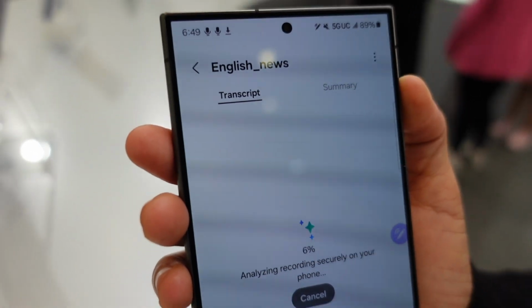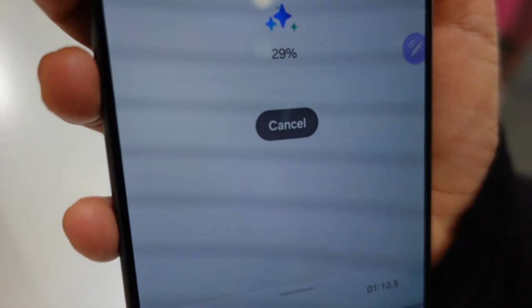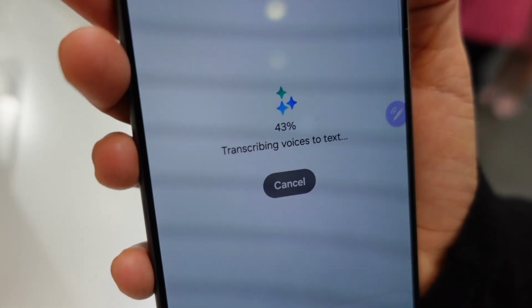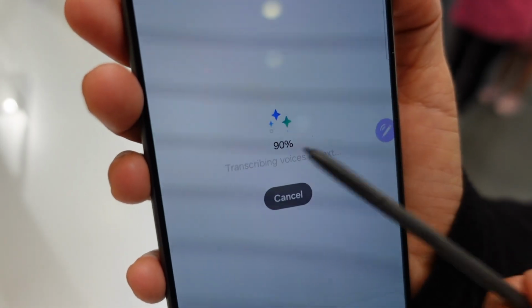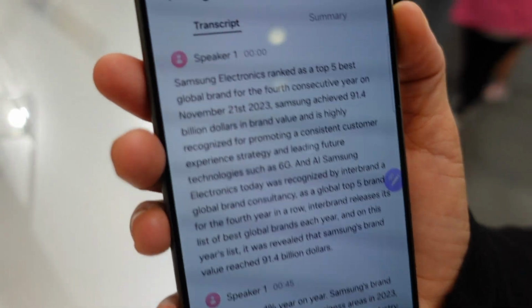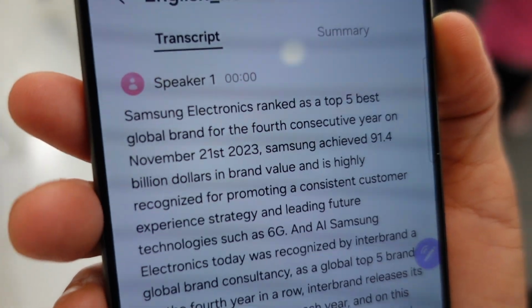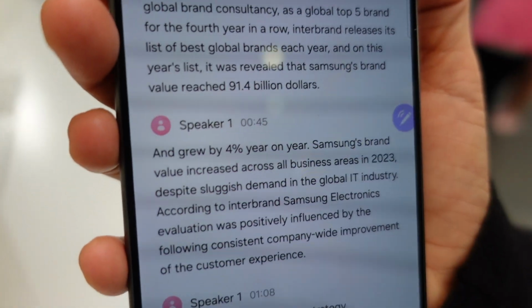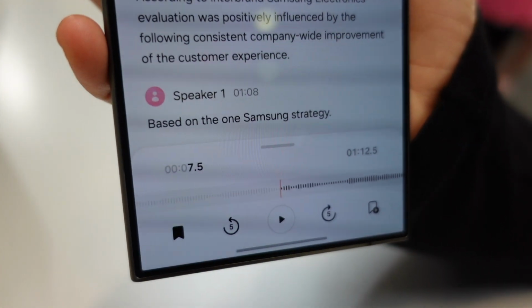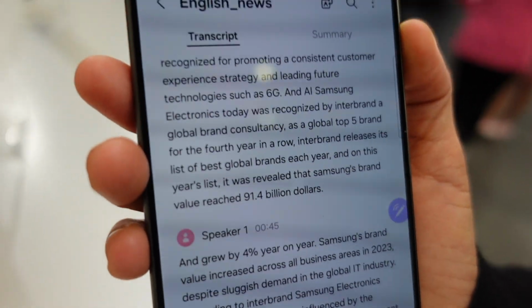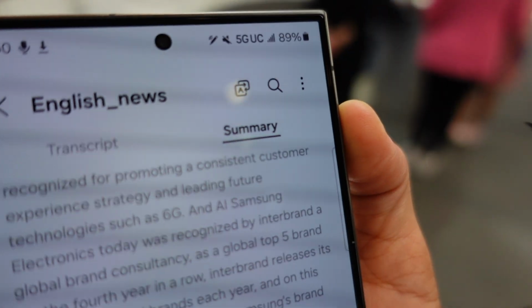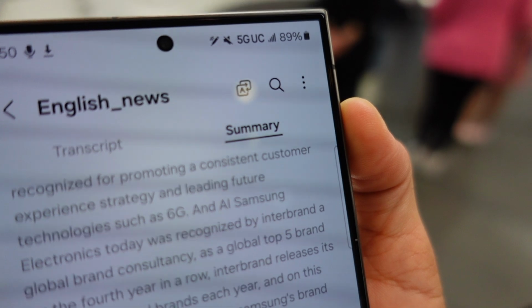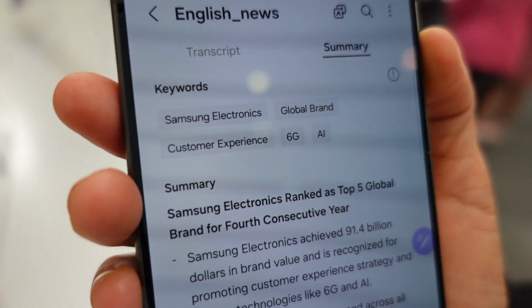Okay. So it's going to transcribe what it heard. Yes. And anytime you see these stars, that is the AI function right there. Bang. It does speakers. You just scroll the screen up. That's incredible. You can also summarize. Okay, can you do that? Summary. You just circle that. Oh, there's the summary.